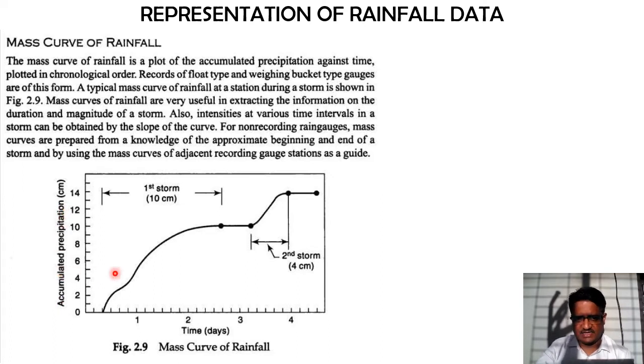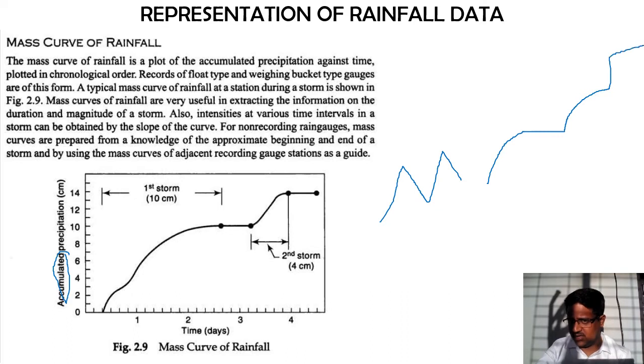In the previous figures, if you checked, the value was going up and again coming back down, and then going up. That was the case for all the representations we have seen. But whenever it is accumulated rainfall, it never comes down, it will always go up. If rainfall is not occurring, then what will happen? No rainfall, so it is going to remain flat, and whenever the rainfall again starts, it is going to increase. This is how your mass curve is going to look.